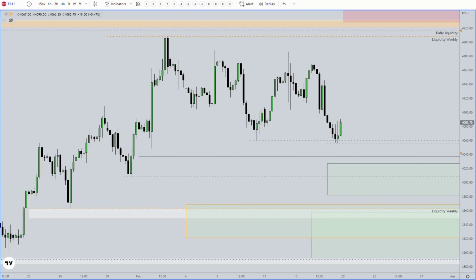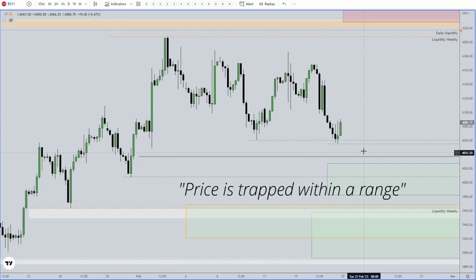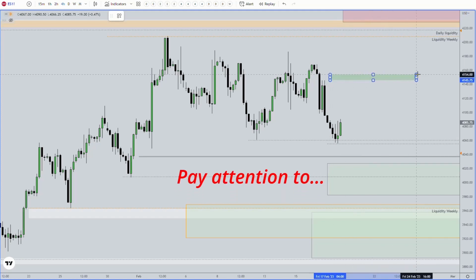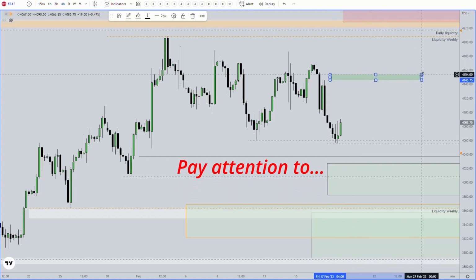This means looking at the 4-hour time frame at least. Here we can clearly see that price is trapped within this range. So what are areas of price that we want to pay closer attention to during the week? The first thing that catches my eye obviously is this 4-hour fair value gap starting at around